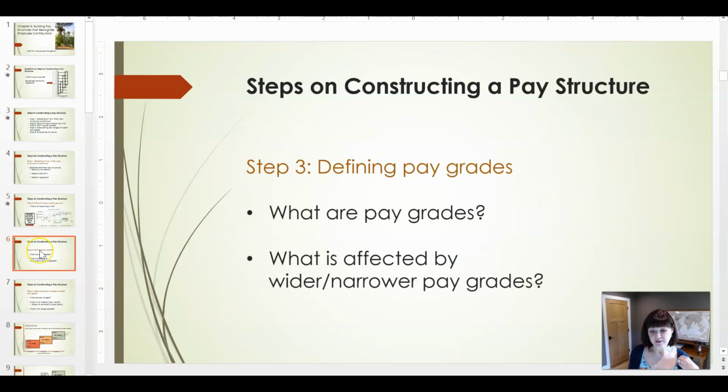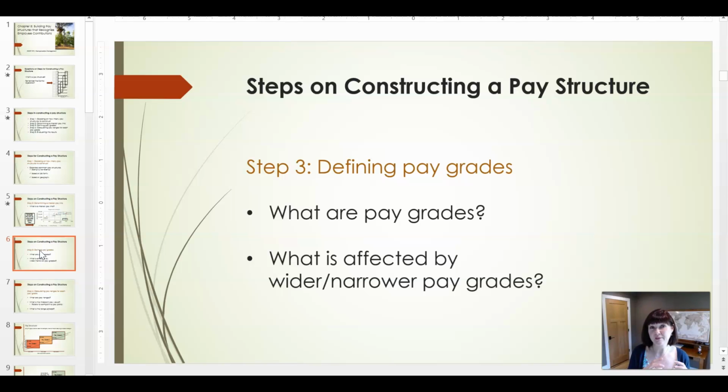Step 3 has to do with the pay grades. The pay grades are going to be your horizontal dimension in the pay structure. Those are the job evaluation points in the job structure. If you remember, you want to differentially have different points for different compensable factors, and so you're going to group jobs